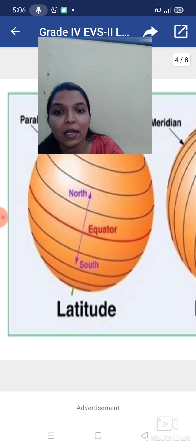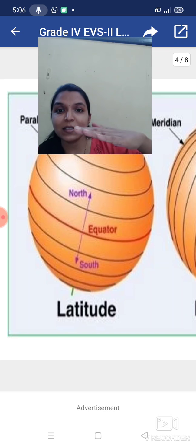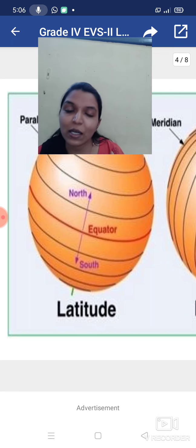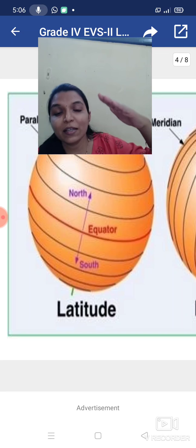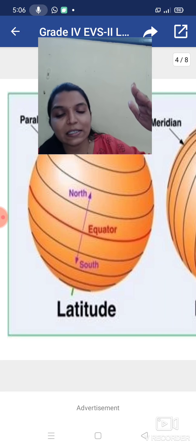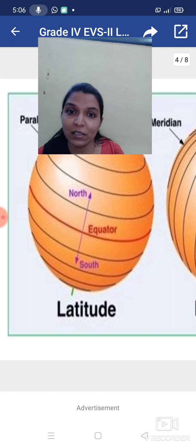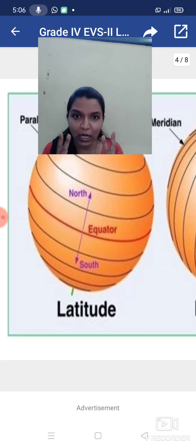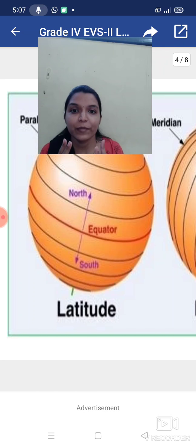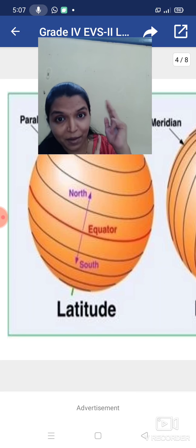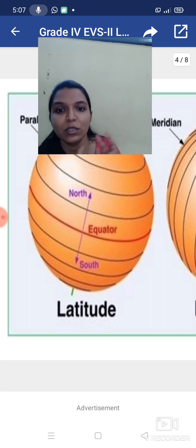Okay, hemisphere. Now the upper part is the Northern Hemisphere and the lower part is the Southern Hemisphere, because the upper part, the end point, is the north direction and the lower part is the south direction. So the equator is dividing the Earth into two halves. It is called a hemisphere. And which are those two hemispheres? Northern, that is the upper, and the lower is Southern.